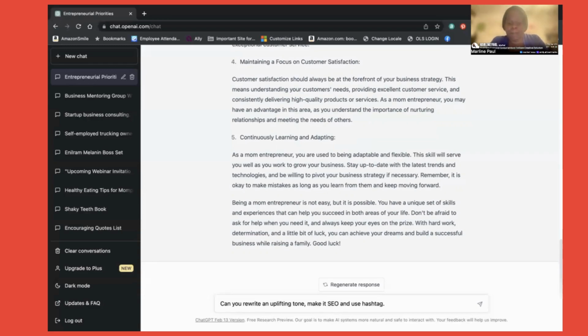So make it an uplifting tone, make it SEO friendly for Google, and use multiple hashtags.